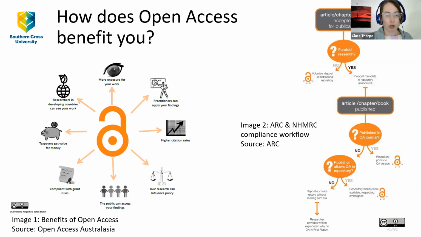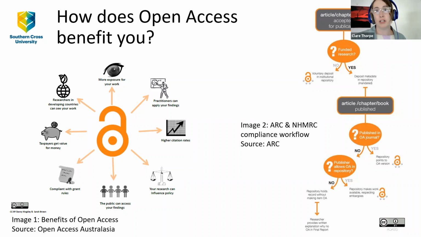So what's in it for you? Well, open access publishing uses the same quality control. So we're talking about high quality, high impact peer review publications, as do traditional journals. What open access supports is an open method of dissemination. So there's no difference in the quality or rigor between subscription-based or open access journals. And there are different ways that you can make your research open that we'll go through today.